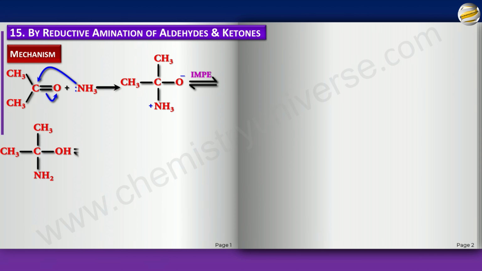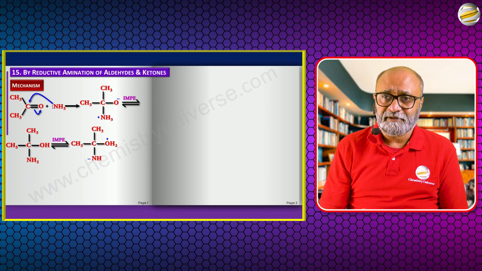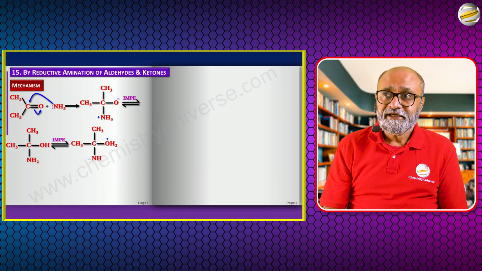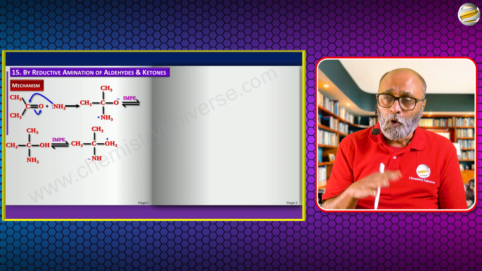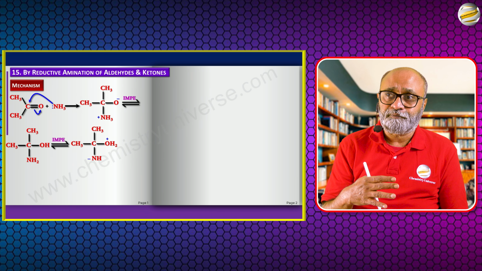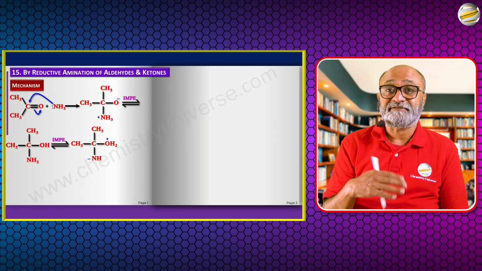Now there is another intramolecular proton exchange happening, and that causes the N to lose one more H to OH. Now remember this, and I have told you this innumerable number of times, but I guess repeating is not a problem here. Whenever there is an intramolecular proton exchange, it is not necessary that the proton has to go from a place where the proton is stable to a place where it is unstable. Or let me put it this way, it's not a problem if the proton were to go from a more basic site to a less basic site.